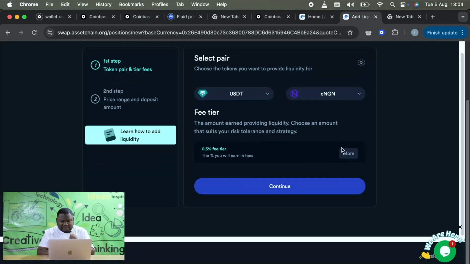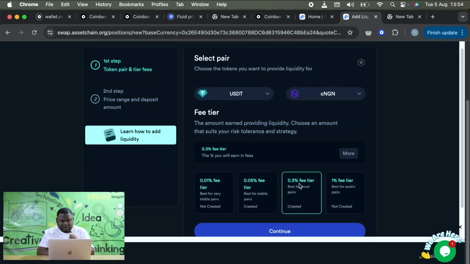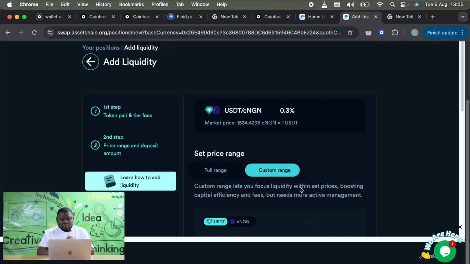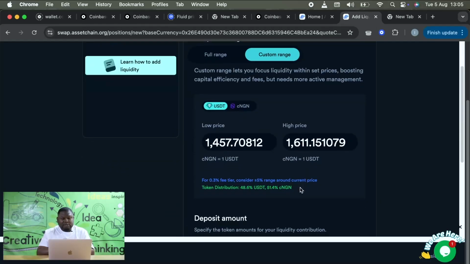The fee tier is 0.3%, right? So I'll click on continue. You can see, right, this protocol brought out a price range of about 1,457 to about 1,611. So this Asset Chain DEX is a fork of Uniswap V3, right, where we have the concept of